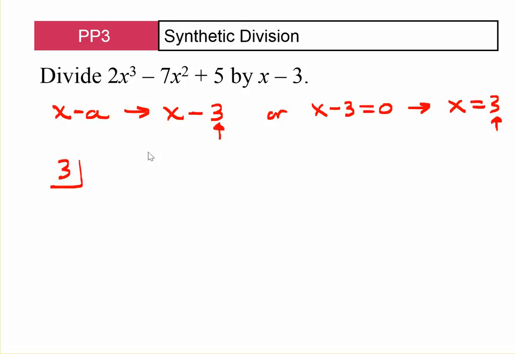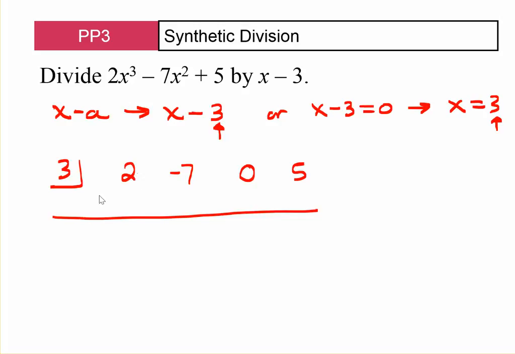See if I did this correctly here. I got a 2 for my coefficient of x cubed. Negative 7. Don't forget your 0 because there's no x to the 1 power. There has to be a 0 in there somewhere, and then you get 5 at the end. Good there. All right, and then all we do is we start